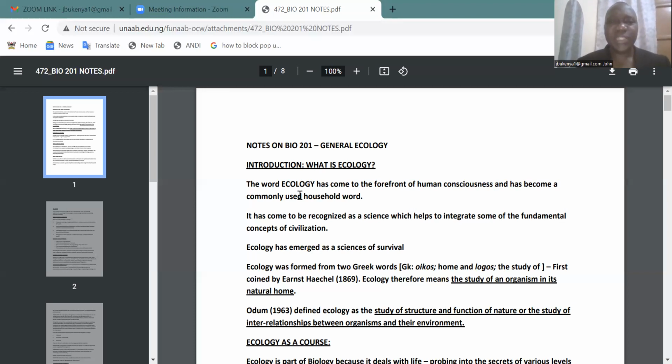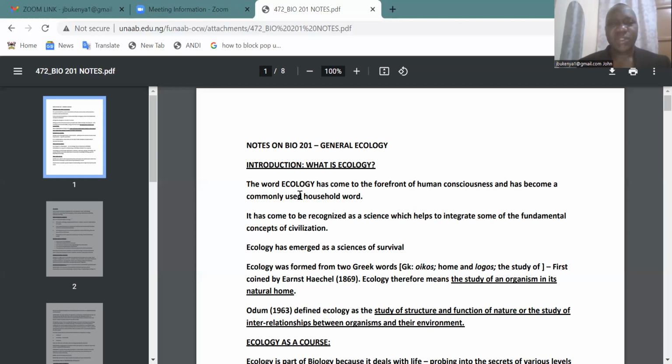The latest definition, which was given by Krebs in 1985, is that ecology is the study of those interactions. It is the scientific study of interactions which determine the distribution and abundance of organisms. Ecology is defined by Krebs as a scientific study of interactions that determine the distribution and abundance of organisms in